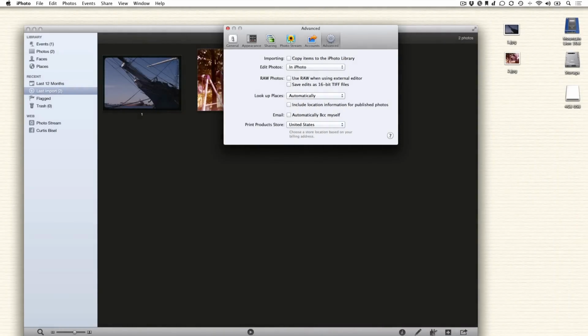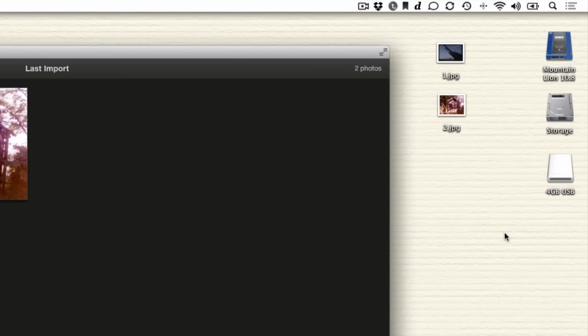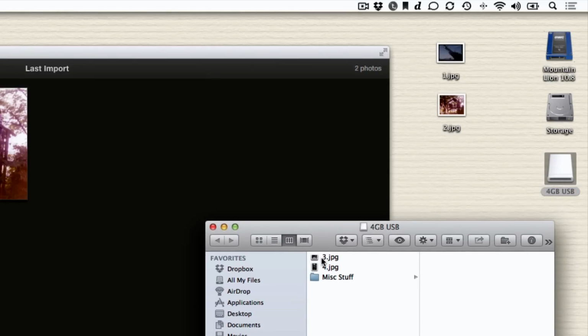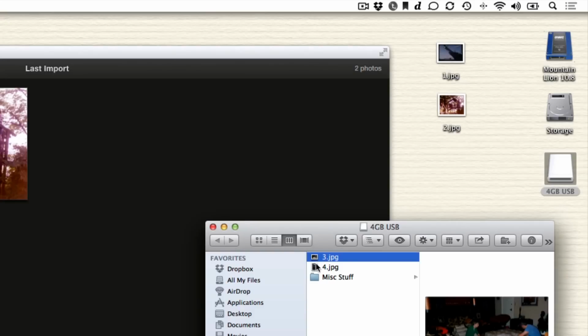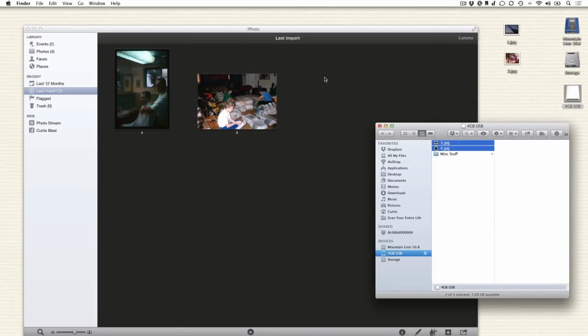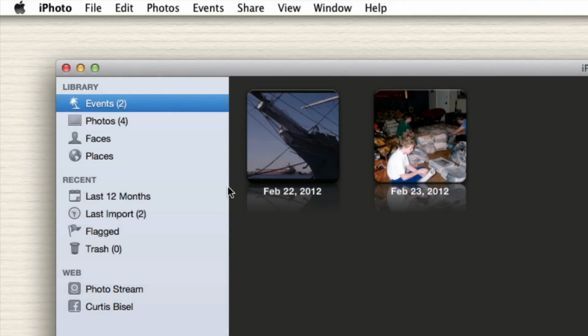So let me show you how the second way of importing would work. I'm going to close this out and then go to these 2 images I have on a USB thumb drive I have connected to my computer. I'm going to drag these 2 files, images labeled 3 and 4, into iPhoto. And now you can see these 2 photos were added to a separate event. So I have 2 events.